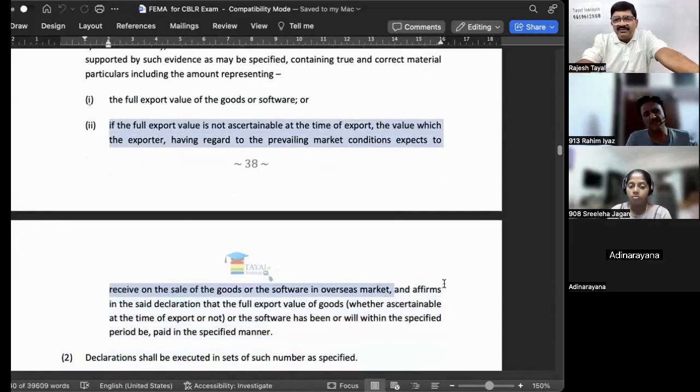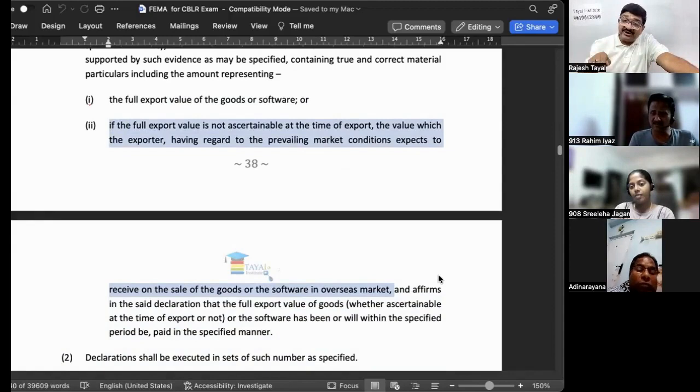So how come he doesn't know the market price, sir? He is the one who is doing the costing. In what way is he not able to come up with the price of the product? Maybe you're exporting some old equipment. But still there is a cost. What do you expect to realize, that declaration you can give.